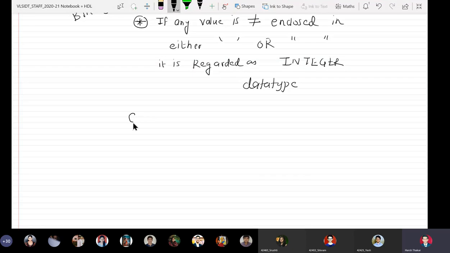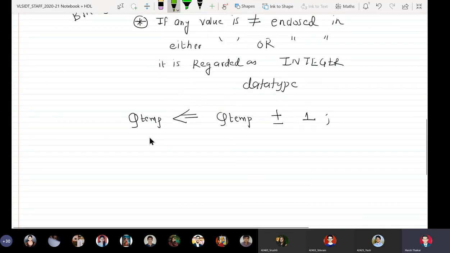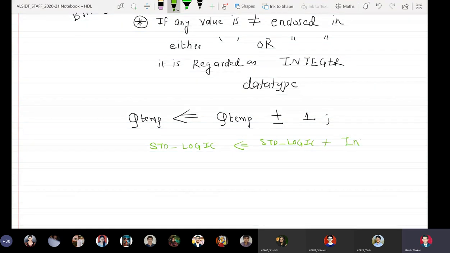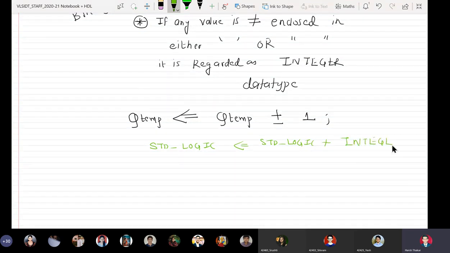So Q temp is assigned Q temp plus 1. It is like standard_logic is assigned standard_logic plus integer, which is not allowed.